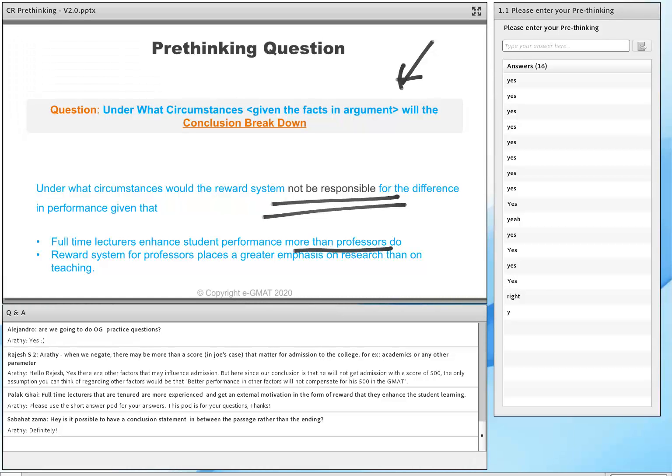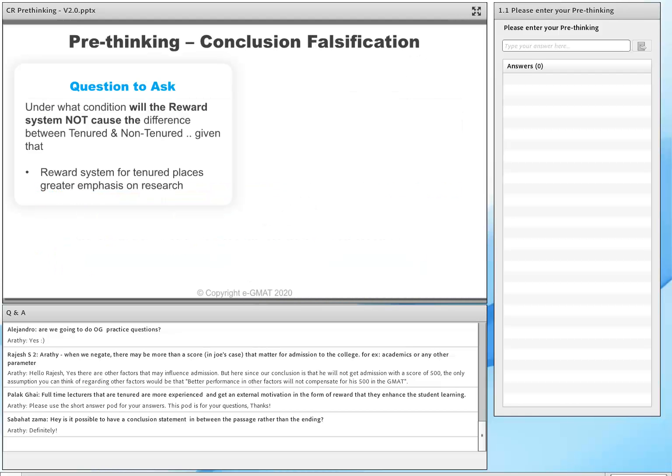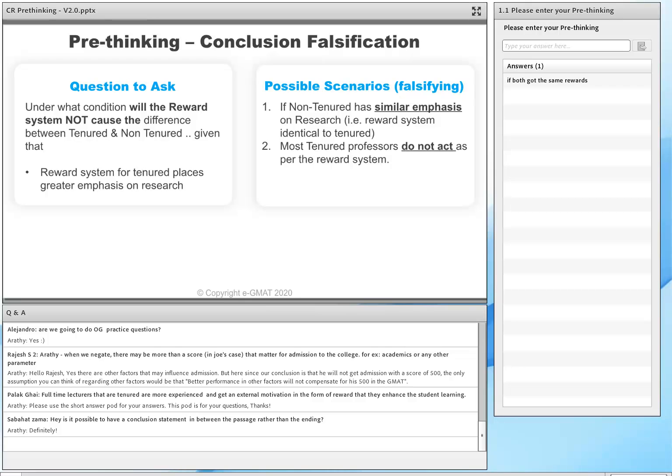We know that, we agree with that, and we know that the reward system for professors places a greater emphasis on research than on teaching. So what we are really saying is, under what circumstances can we not blame the reward system? Okay. So this is what, yes, and I got a good answer. If both got the same reward system, in that case, you can't blame the rewards. Yes. The possible scenario is, if the non-tenured faculty has an identical reward system or a very similar reward system,